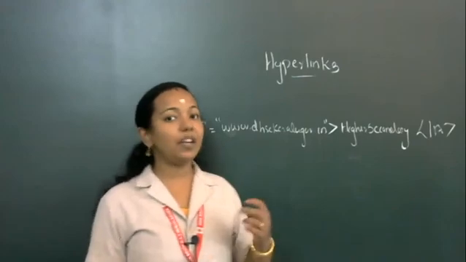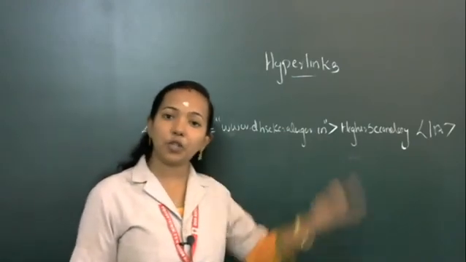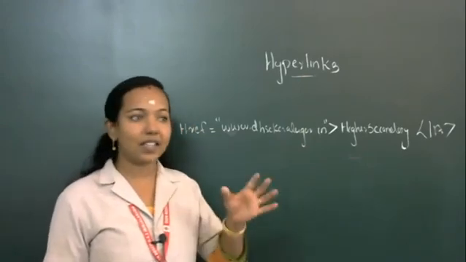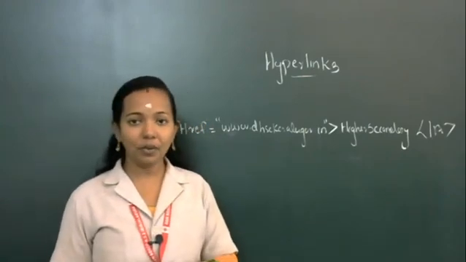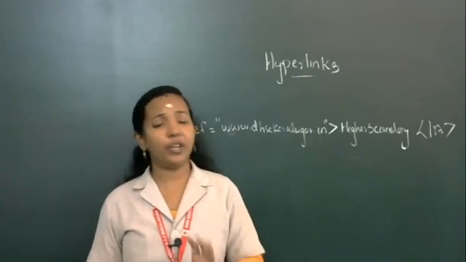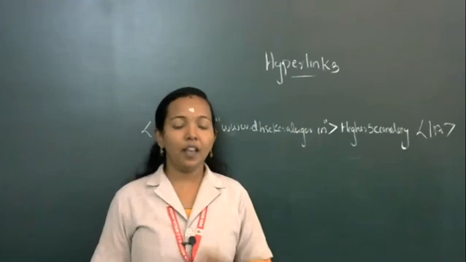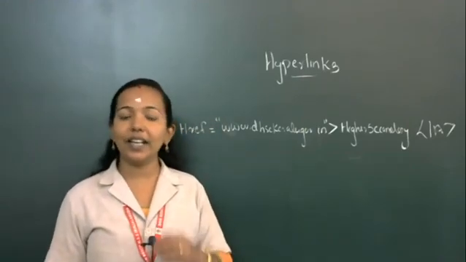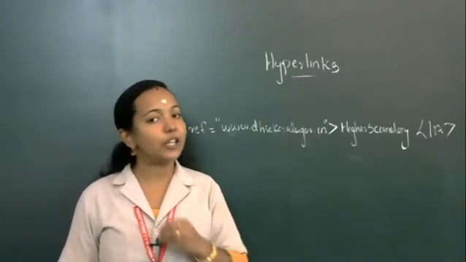So what is happening when we click on a hyperlink? It is moving from one web page to another web page. You know, when we are creating an HTML web page, that source file of the HTML belongs to our computer. When you are typing your practical program, in your practical, definitely one question will be there, hyperlink or linking. When we are creating the web page, that source file is available in our computer itself.